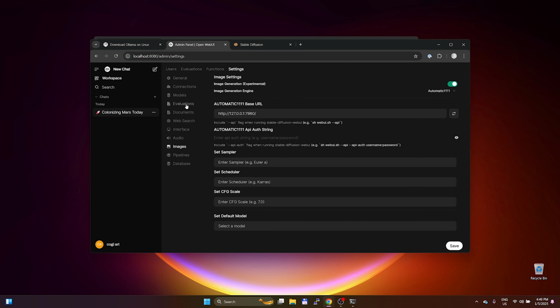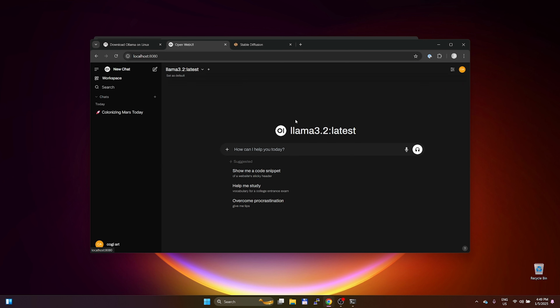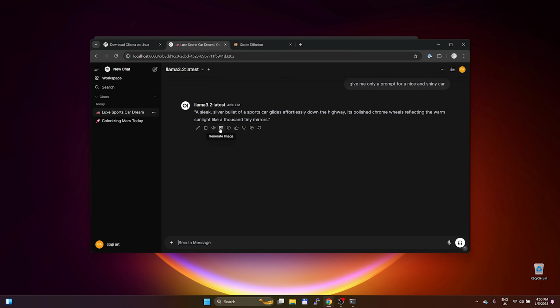image generation. Now let's create a new chat, and here, give me only a prompt for a nice and shiny car. Enter. And we click generate image. And now it's generating.